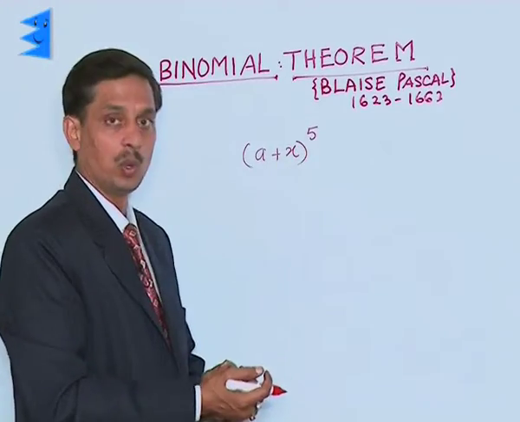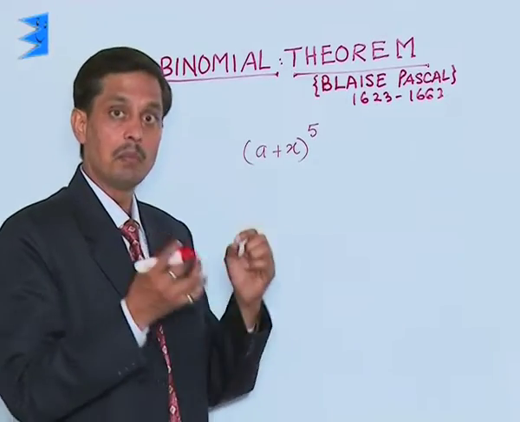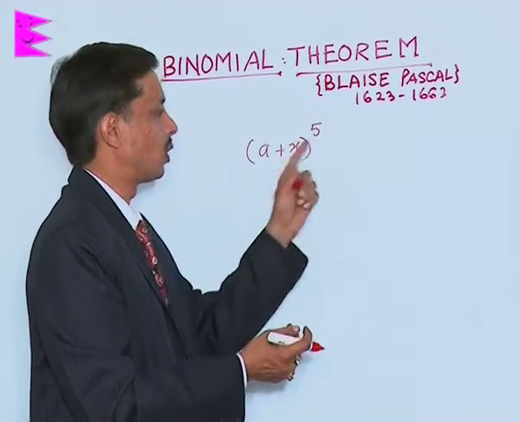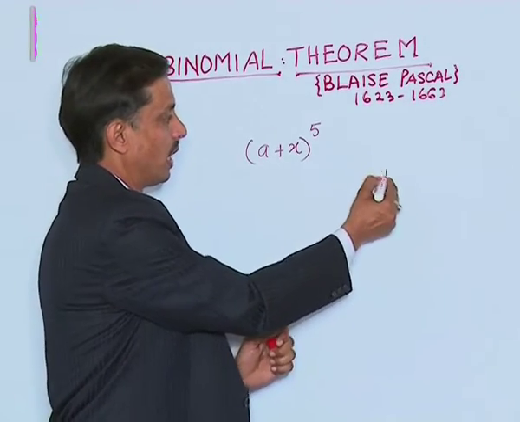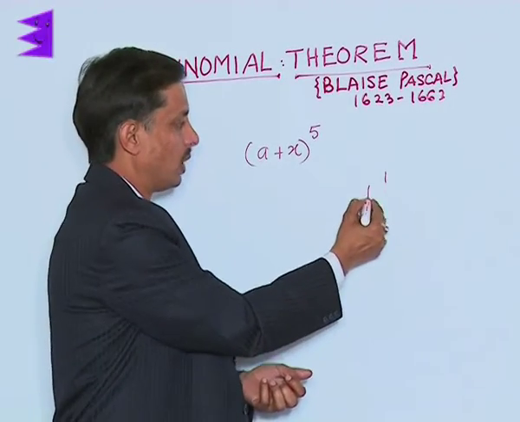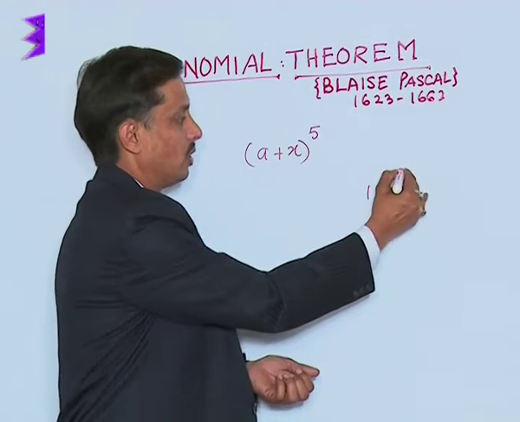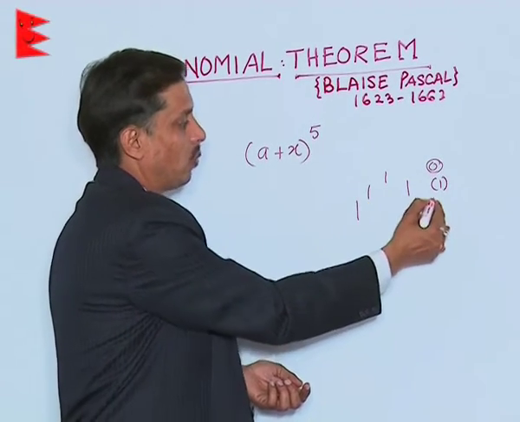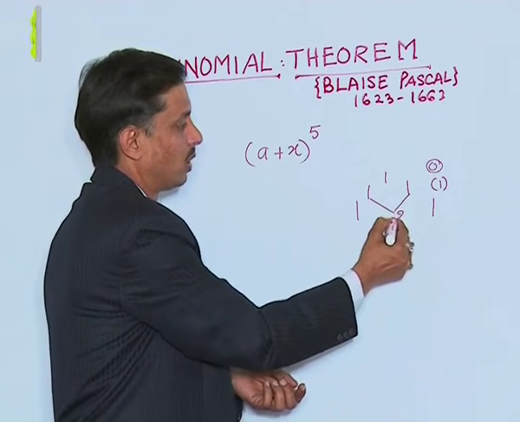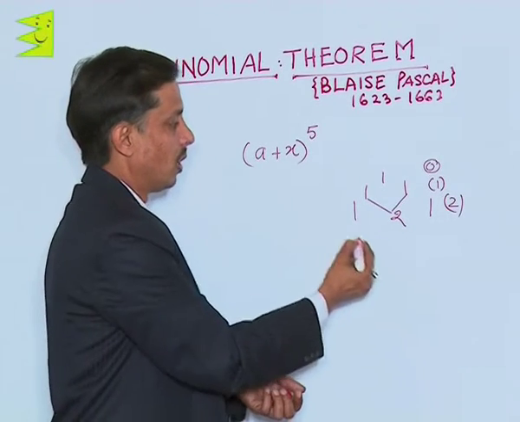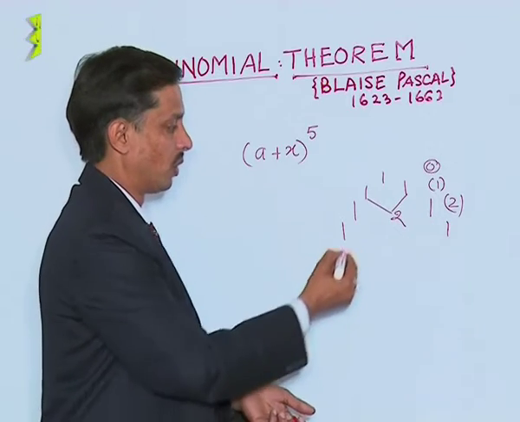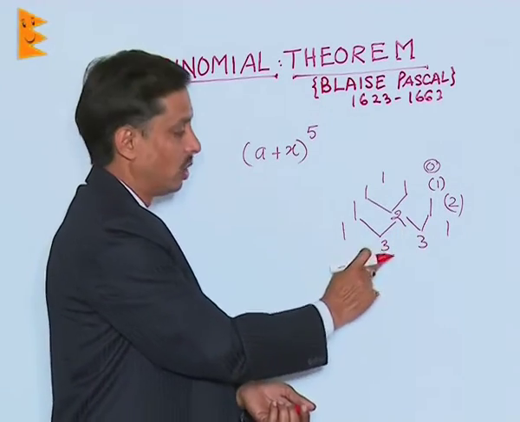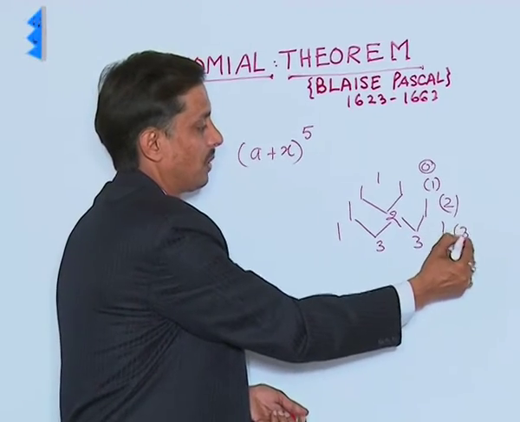If I want to explain this, before it I must know how the shape of the Pascal triangle will be reached for this expansion. We write 1 for the power 0, we write 1 1 for the power 1, we write 1 on the boundary and 1 plus 1 is 2 for the power 2. We write 1 again on the boundary, then 1 plus 2 is 3 and 2 plus 1 is 3, that is 1 3 3 1. This is for power 3.